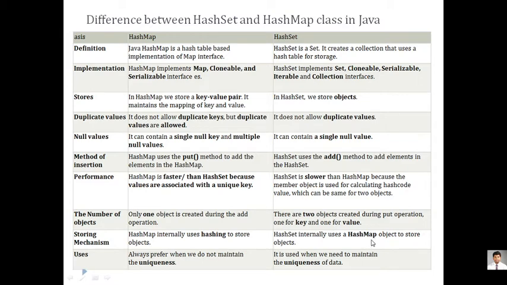Here we are using a hash map object. The hash map object is used for the purpose of storing elements. Here we are using the hashing technique for storing elements into the hash map.